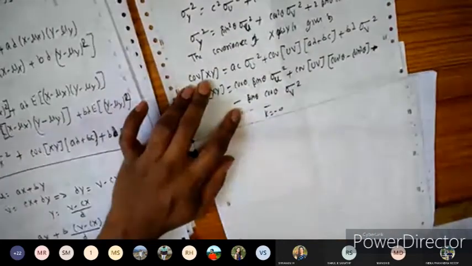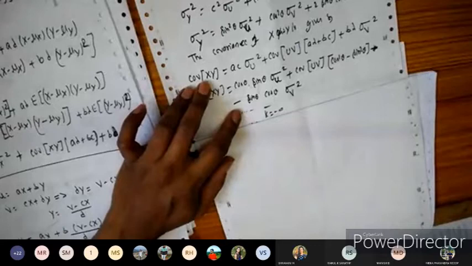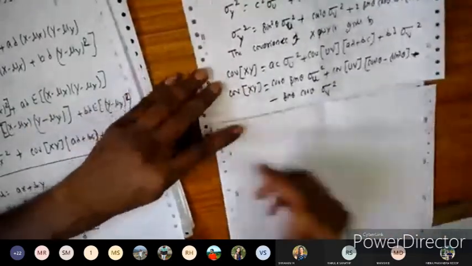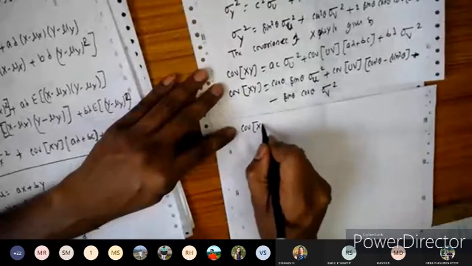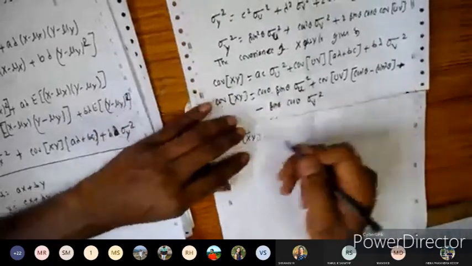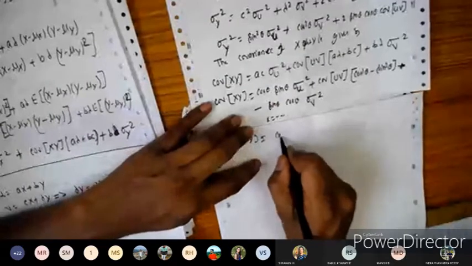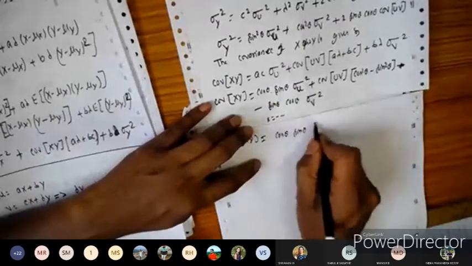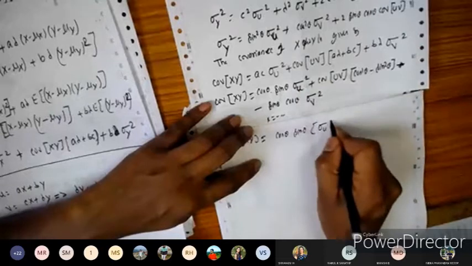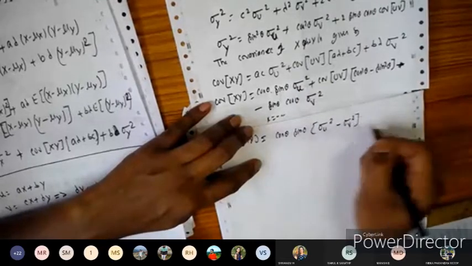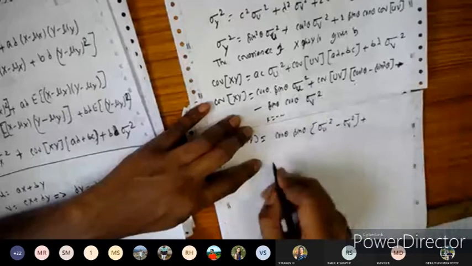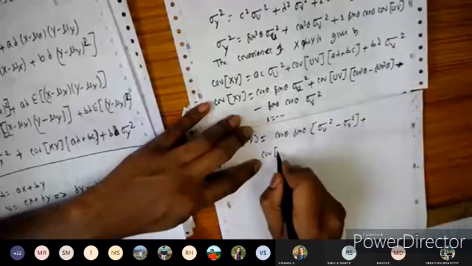So let us rewrite here. I'm going to take the covariance of x and y. Let us take cos theta sin theta common here. So it will become cos theta sin theta times sigma u square minus sigma v square, plus, this term will come, covariance of u v